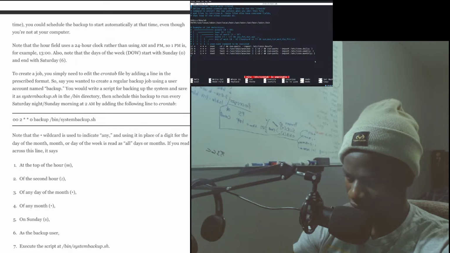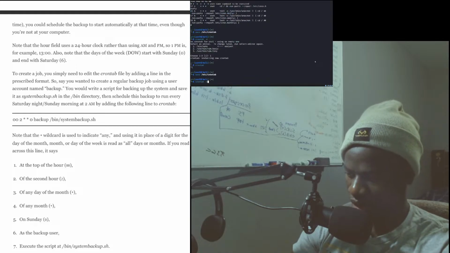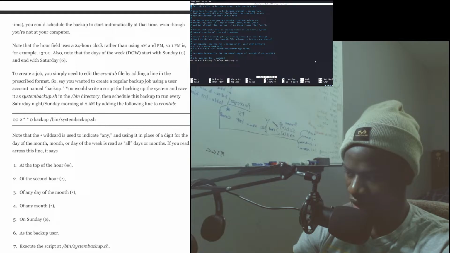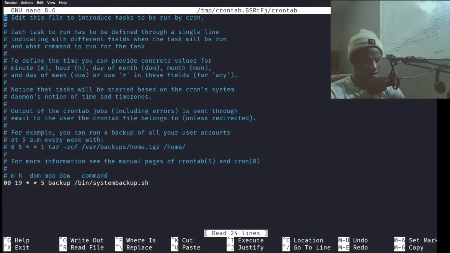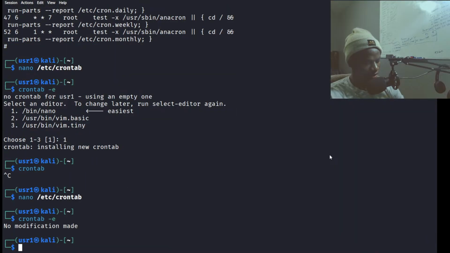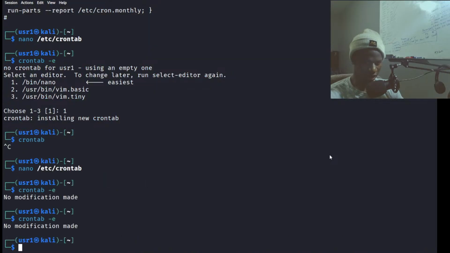I don't see a new one here, but I'm sure if we run it like this, our new one will be down here. Okay, so we've got our new one, which is down here. All right, we got it. So that's what we did. We just changed a little bit of it.